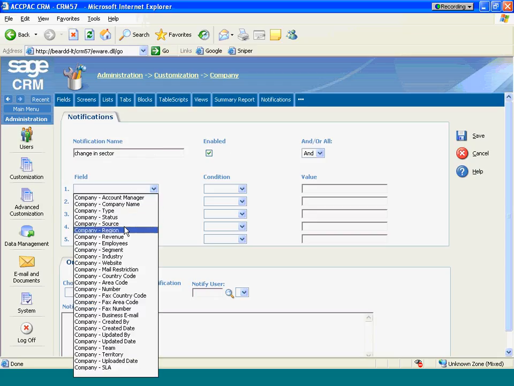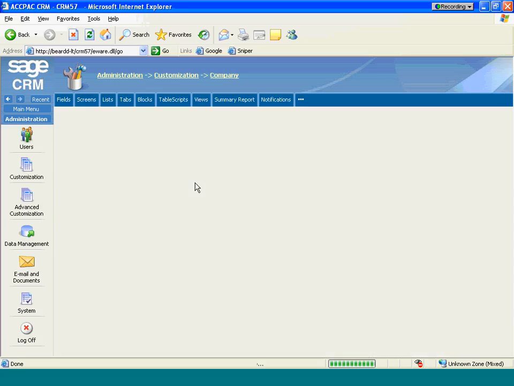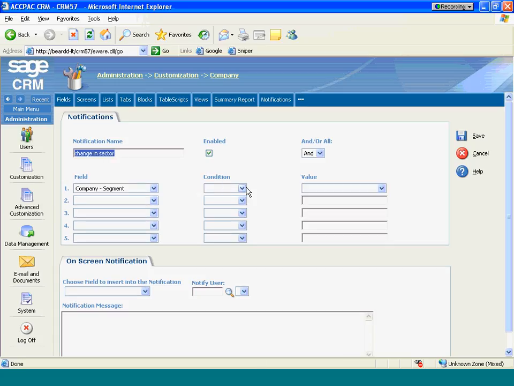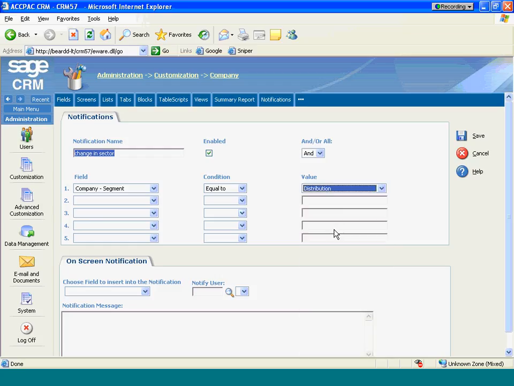It would be applied to the company, well, let's see, have we got sector in there? Segment, okay, sector, so company segment. What happens now is the program is evaluating the values that will match segments, and shortly it will come back to me and say, okay, you're allowed now to say when the company segment is equal to a value, say